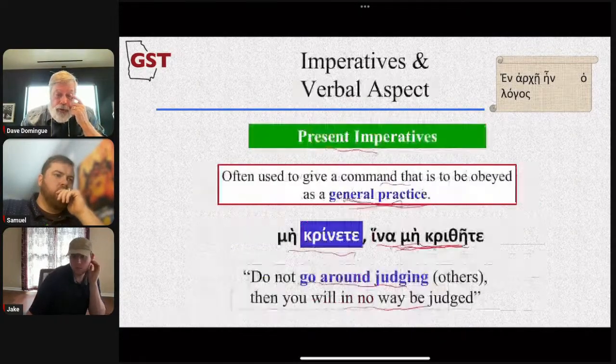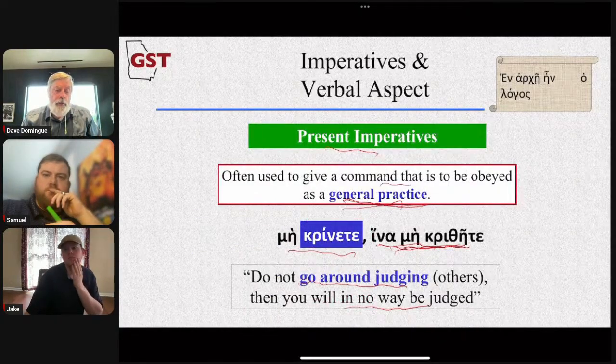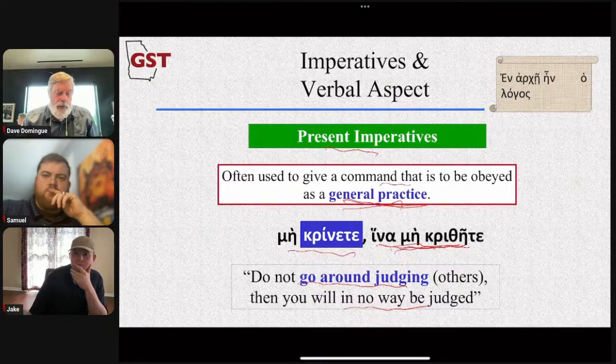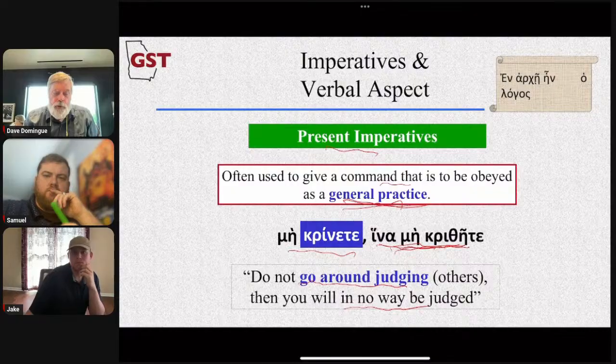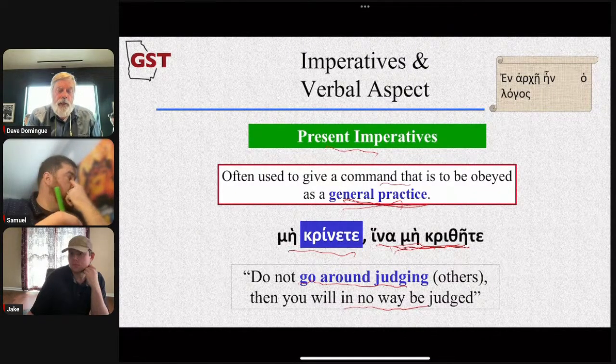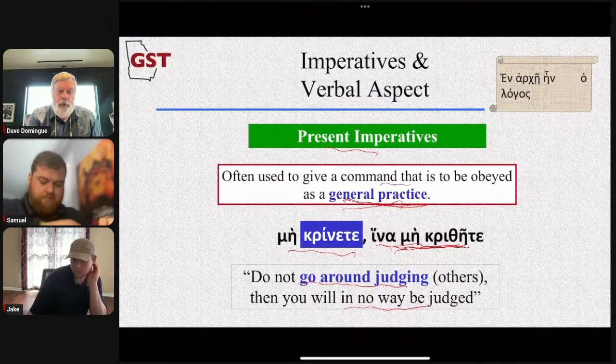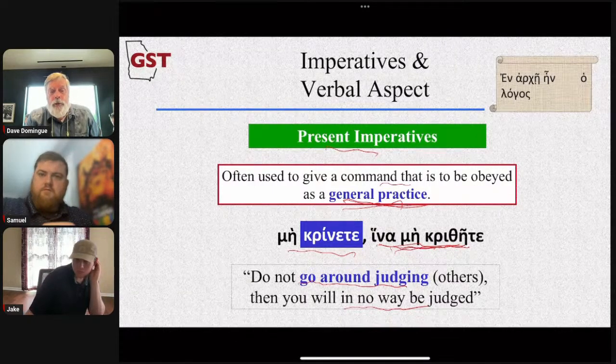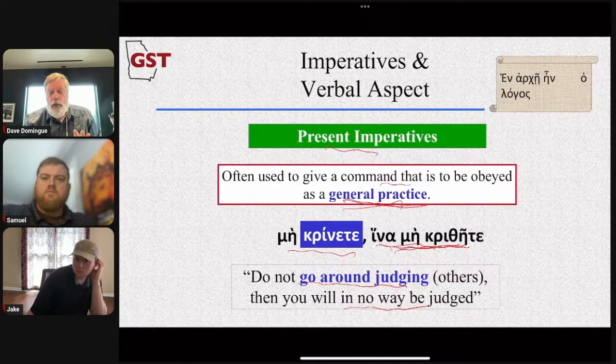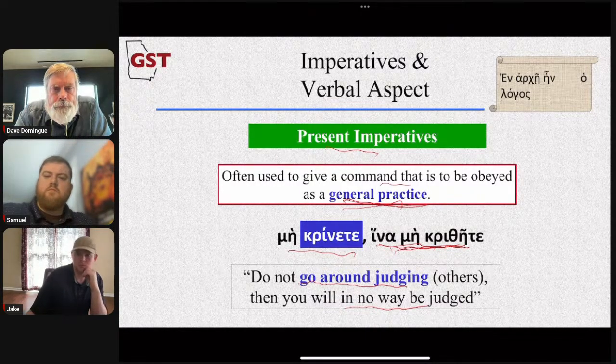All right, so that is the imperative, guys. And the point to bring out here is that it's not always a command. It can be an entreaty or request. And the subjunctive in the aorist form with the negation mē can also function as an imperative and sometimes even a greater form of an imperative. That's really what we're talking about and how it's used. Y'all okay with what we talked about so far?